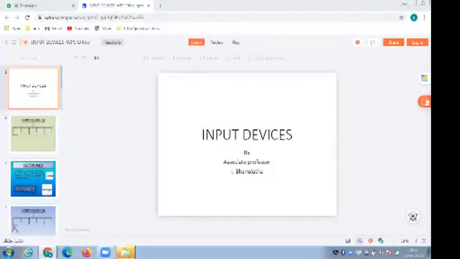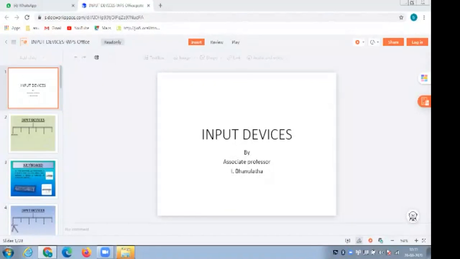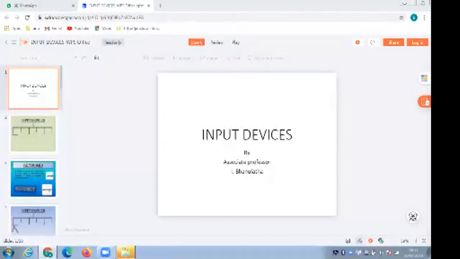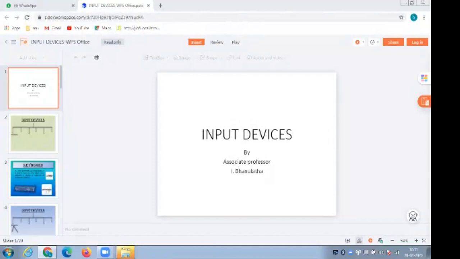So what are the input devices and how many input devices do we have? We need to know about the input devices.